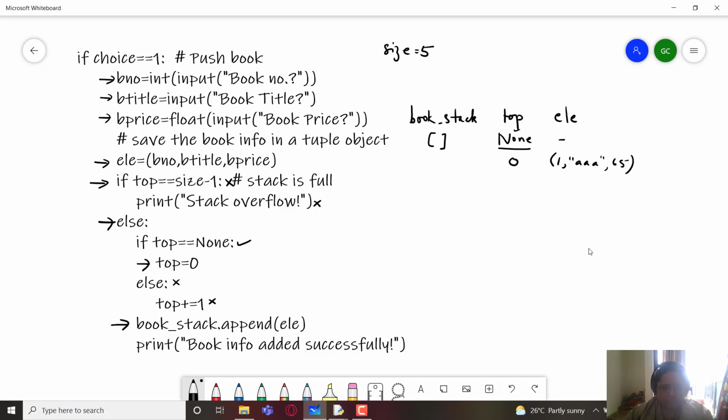Book stack dot append LE. That is, now book stack will be containing this element. So it contains one element now, and hence lastly this statement will be printed, that is book info added successfully. So this was the first run. In the second run,